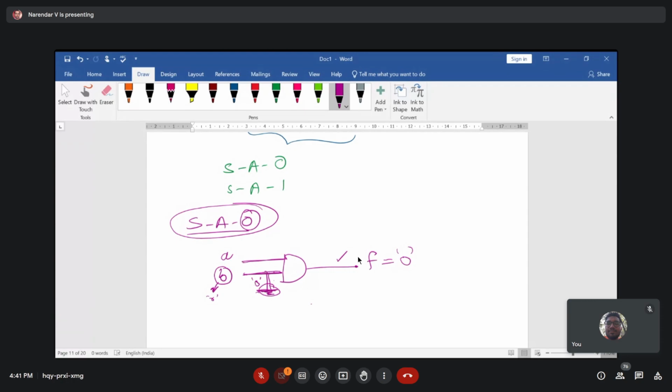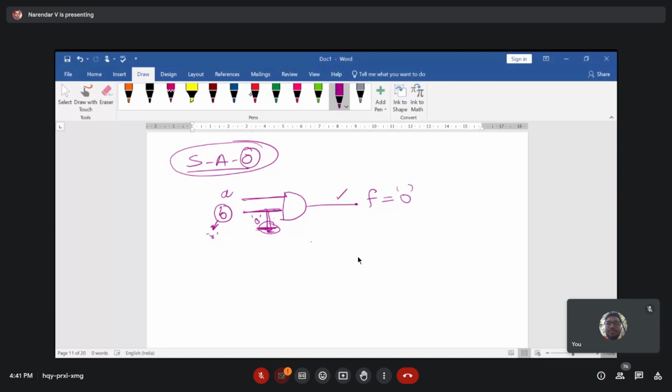The other one is stuck-at 1. In this case, take an example of an OR gate with inputs A and B. Now A is stuck at logic 1. Because of this logic 1, if you change the input here, you'll get output F always 1, and this is referred to as